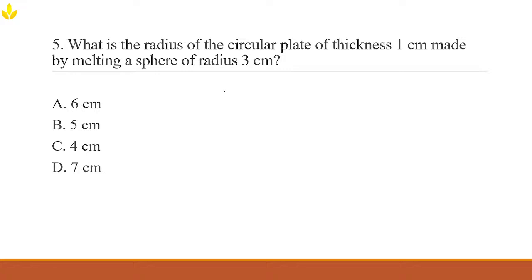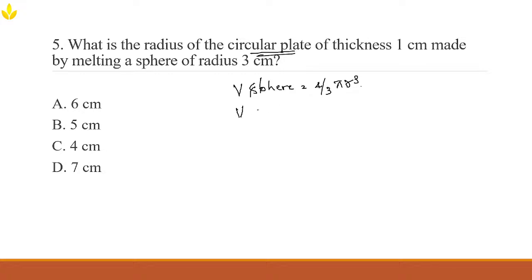That means from the sphere we are going to get the circular plate. So the volume of the sphere is nothing but 4 by 3 pi r to the power of 3, and